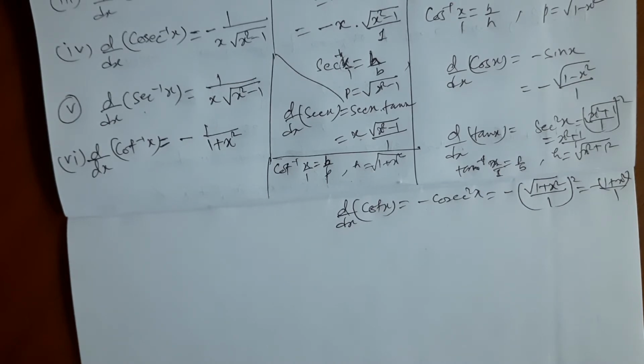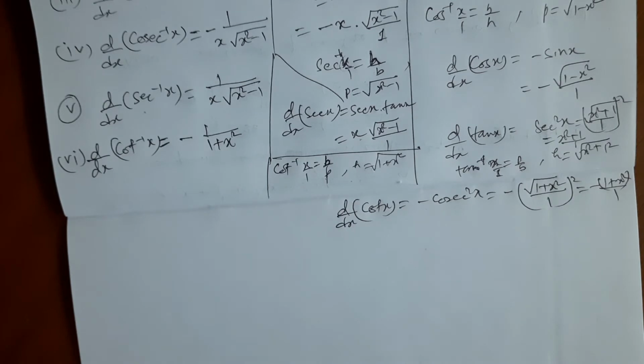Using this technique, within seconds we can find the formula of the inverse circular function, and remembering the formulas of the trigonometric functions is quite easy. So using the formulas of the trigonometric functions, we can easily find the formulas of the inverse trigonometric functions as well. This is the first technique. I also have the next technique.